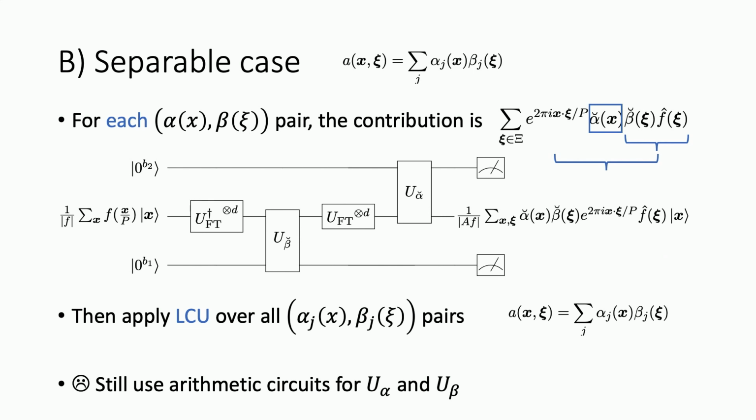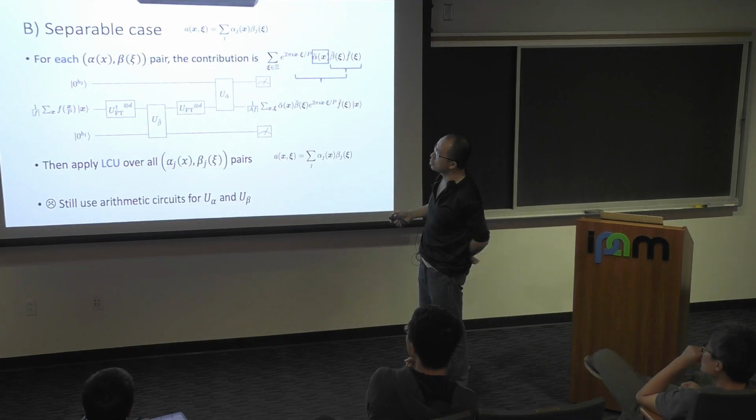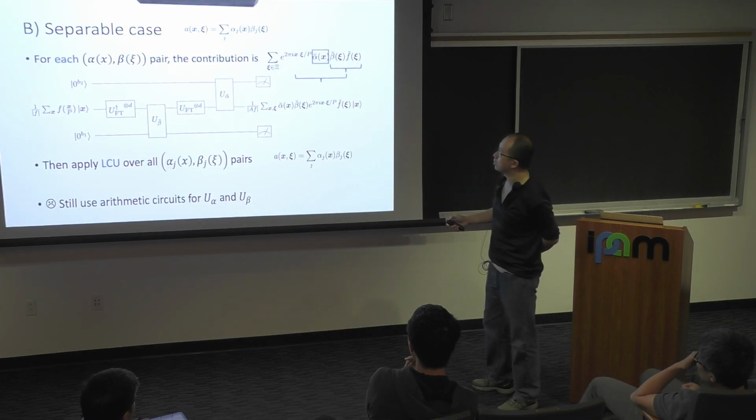Rather, this itself has become a Fourier transform. So you do the Kasi multiplication, you do a Fourier transform to bring it back to the x variable, and then you multiply alpha. Okay? This is the circuit that's implementing it. Now in order to do this amplitude multiplier, not for A anymore, but for alpha and beta, we need two sets of ancillary qubits, B1, B2, but they are small. You can ignore them for the time being.